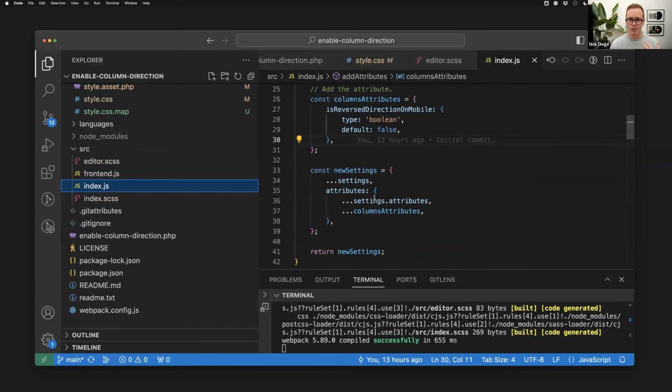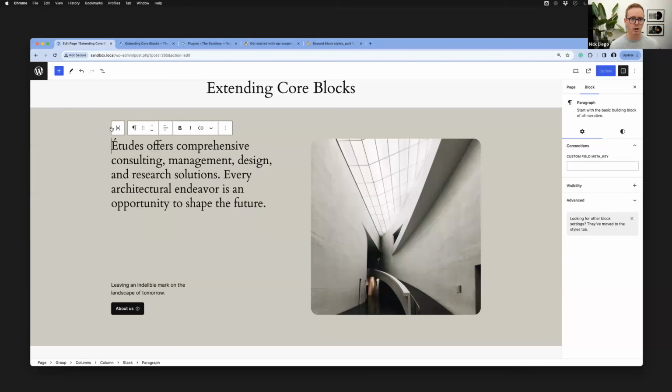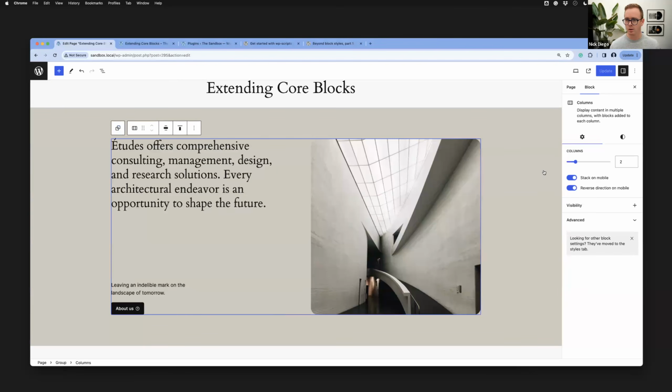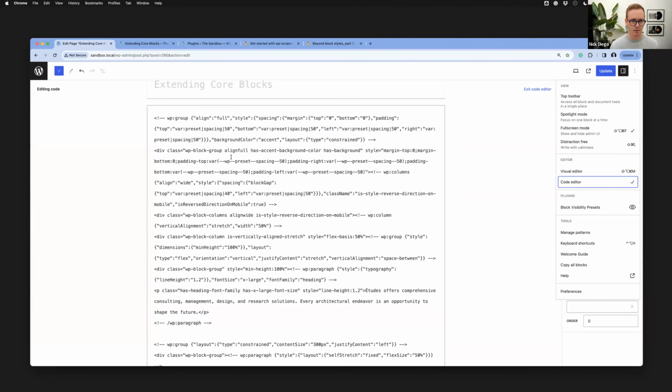What we're going to start with is, in order for this toggle to exist, when someone clicks this, we need to save the value of this toggle. It needs to be saved somewhere. And the way we do that is with block attributes. So if we look at, this is going to look a little messy, but if we look at our,